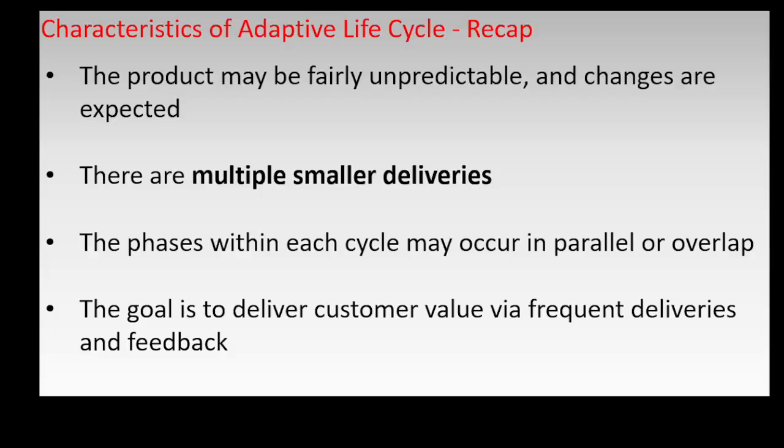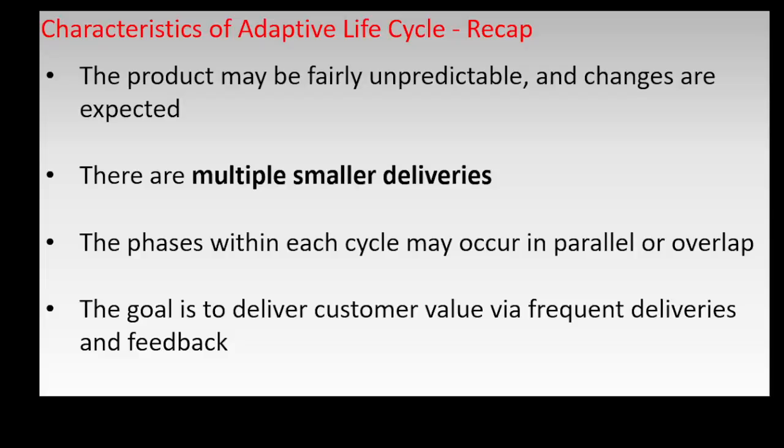Adaptive lifecycle combines the features of iterative and incremental lifecycles. Agile approaches such as Scrum or Kanban follow adaptive lifecycle. Note that adaptive lifecycle can be achieved in two ways. Time-burst approach such as Scrum, where delivery cycles have fixed durations, or flow-based approach such as Kanban, where delivery cycles